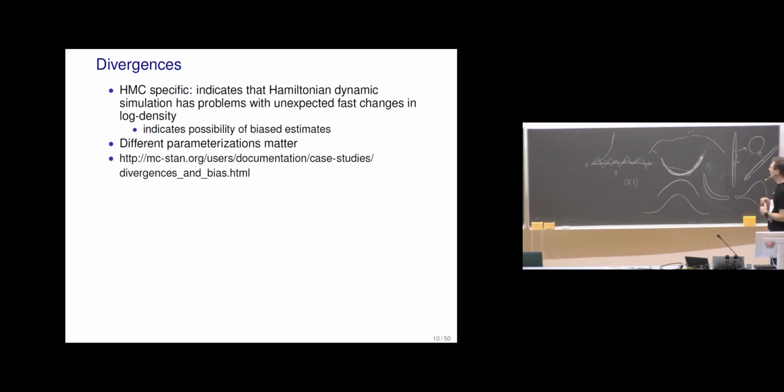I mentioned that if the step size is too big, we may get that the error explodes. Now, the difficult distributions are like this, that in some part we would like to have a big step size, and in some part a small step size. And these are the likely cases where we see divergences. So when the error explodes, it's called a divergence.